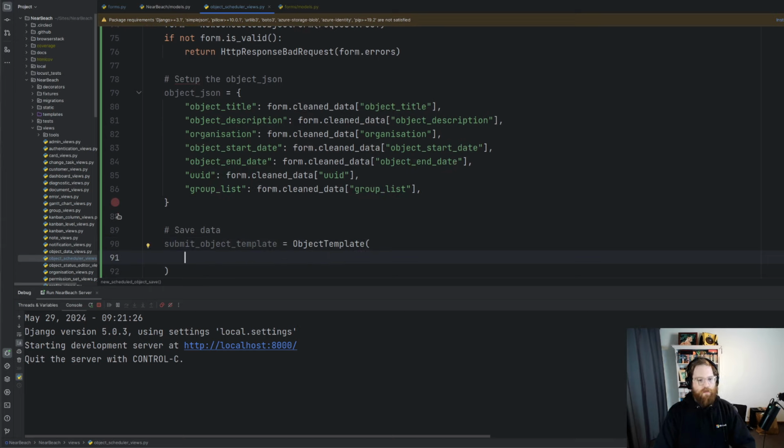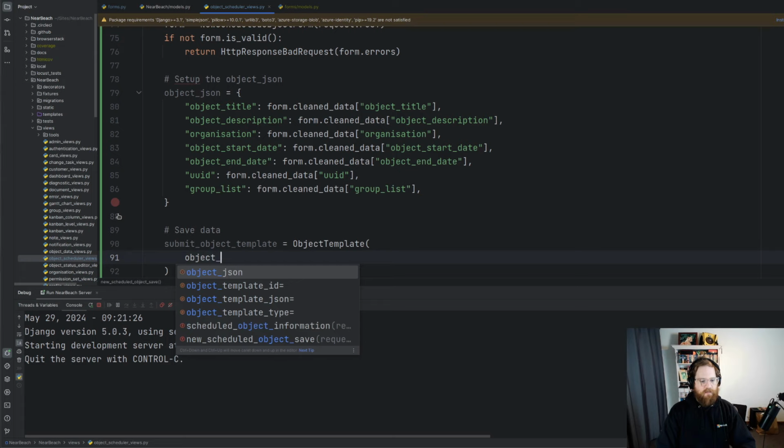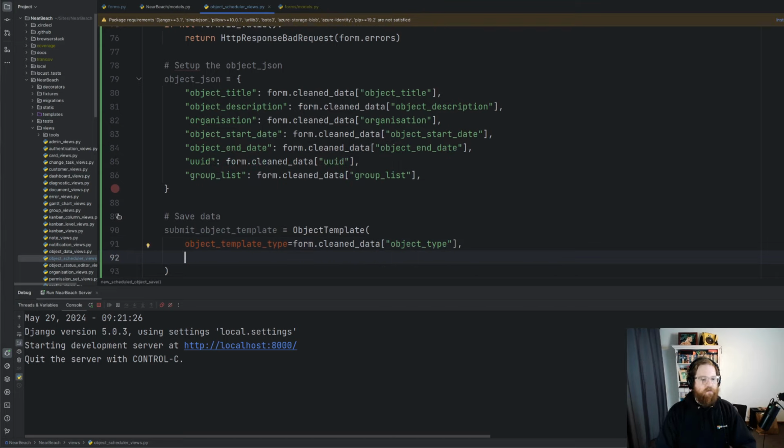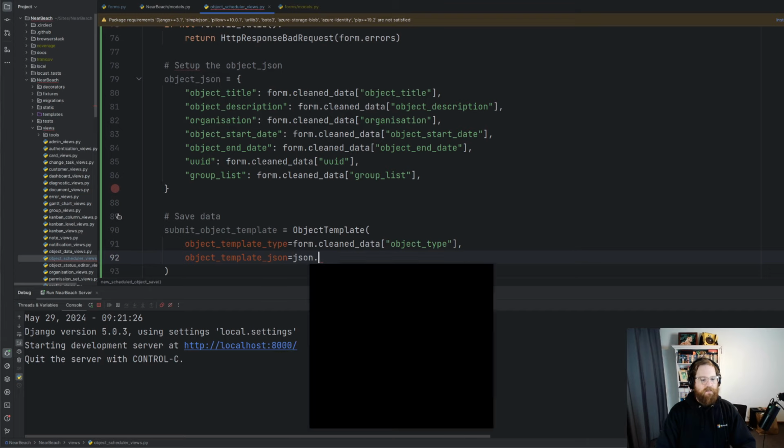And then what we have in here will be the object template type equals, we get that from the form clean data, and then we've got object type. And then we'll have object template JSON equals, and then we just go JSON dot,